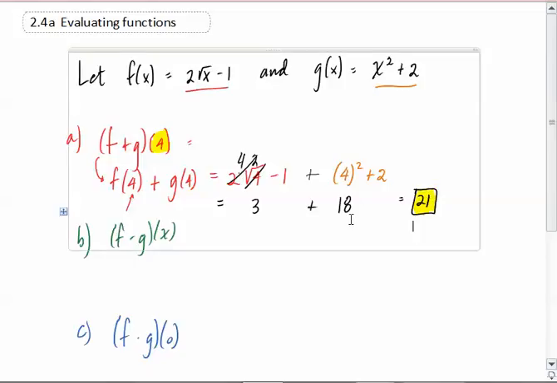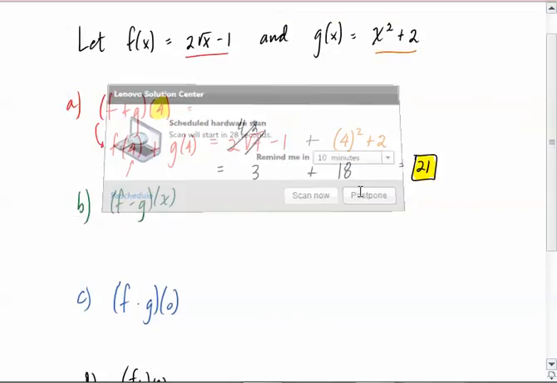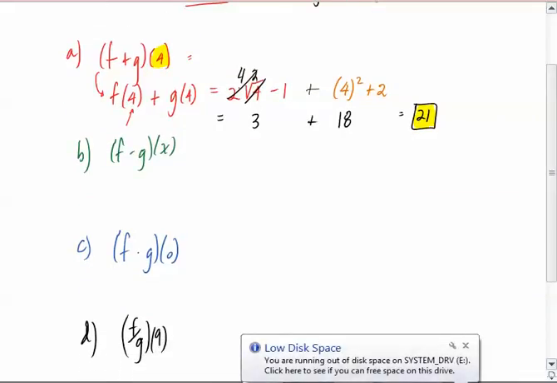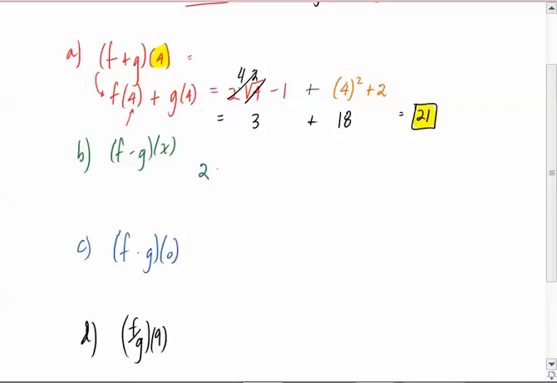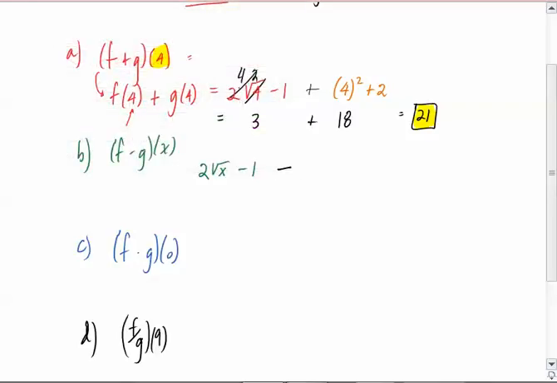In this next example, we're going to switch up the operation. We're going to subtract, but I want you to notice that I'm going to end up with just a function in terms of x. So let's take a look. Alright, for this one, I'm going to take the f function, which is 2 square root of x minus 1. Now, they didn't tell me to put in anything for x, so I'm just going to write it just like I see it. 2 square root of x minus 1, okay, minus, and now I'm going to have the g function,